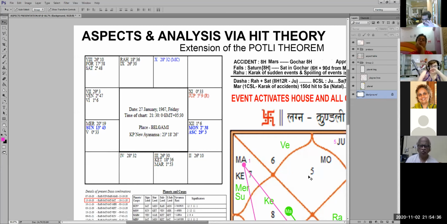Like in the North Indian chart, the houses are fixed. This is house number 1 for everybody, this is house number 2 for everybody. In the South Indian chart, the Rashis are fixed. What you see over here is the first Rashi, this is the second Rashi, this is the third Rashi. The corners are all multiples of 3: third Rashi, 6th, 9th, 12th. So 1, 2, 3, 4, 5, 6, 7, 8, 9, 10, 11, 12.